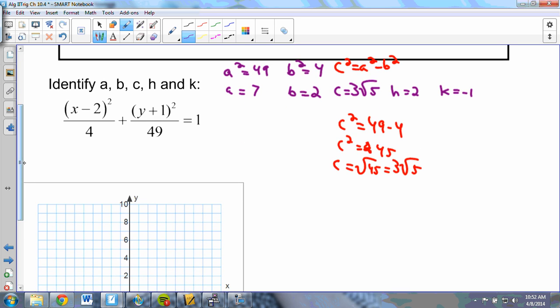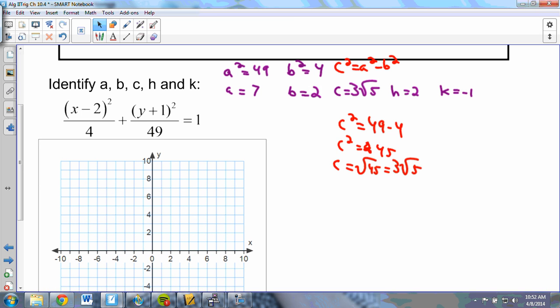So now I can graph. Since the bigger value comes underneath the Y letter, I know that my ellipse is going to have a vertical orientation. It's going to be angled or squeezed upwards. So from my center, and my center is at 2, -1, I'm going to go up